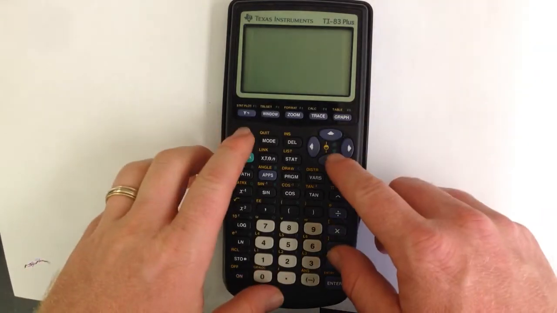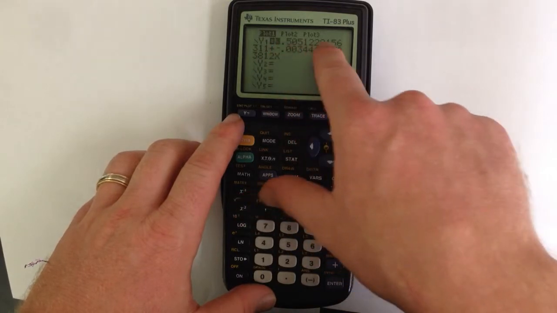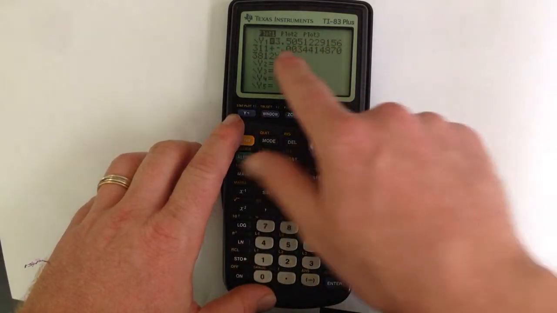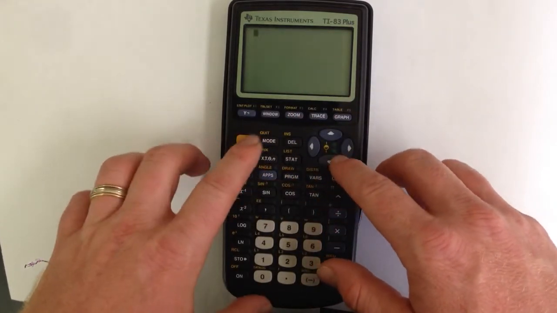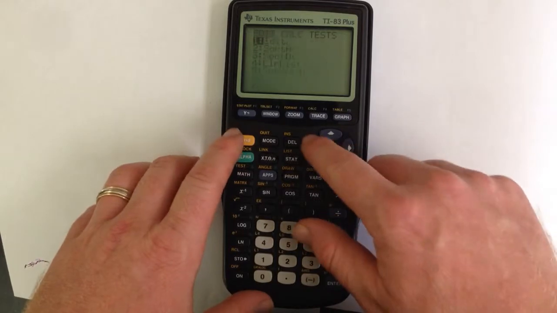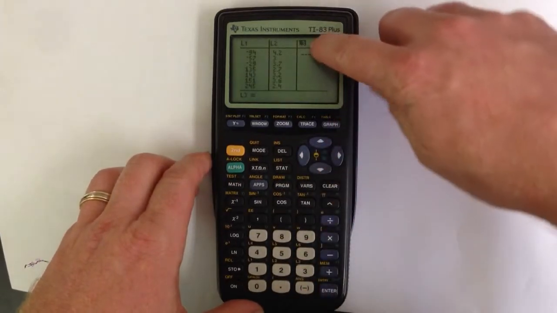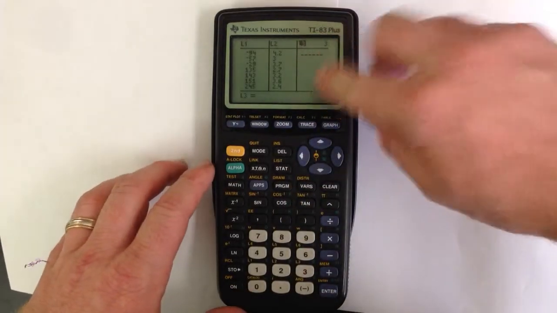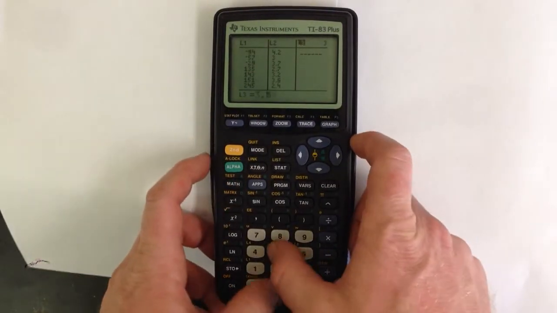So when we found a regression line, we found it was equal to this large function here, with about 3.5051 as our intercept and 0.003441 as our slope. So when I go into stat edit, I'm going to go over to L3 and I'm going to highlight L3. Notice that it's highlighted there. And then I'm going to enter the regression equation, and this will give me all my predicted values based on here. So it was about 3.505